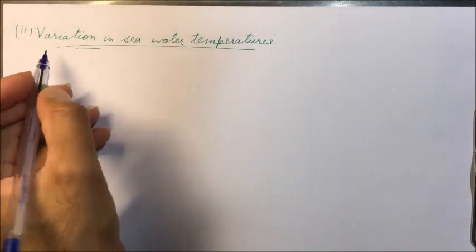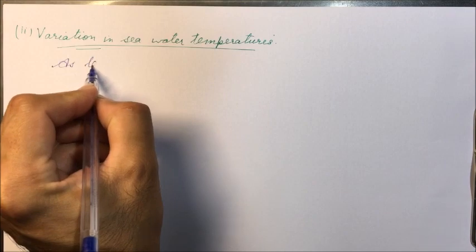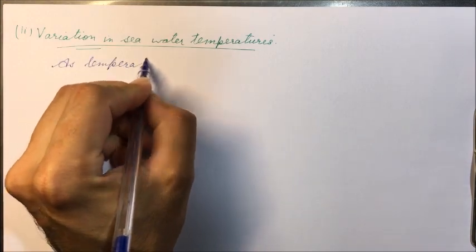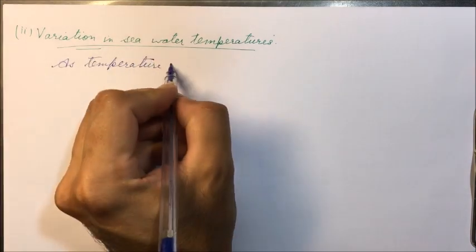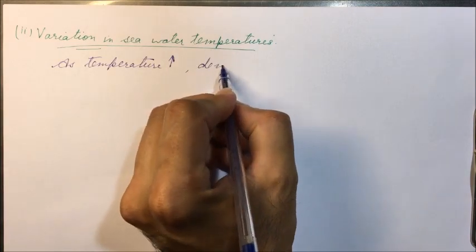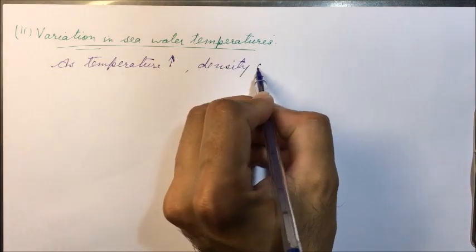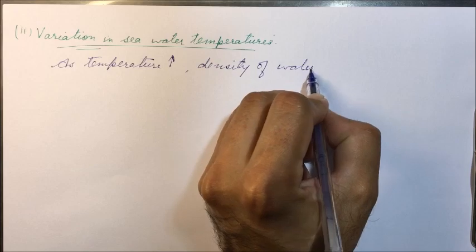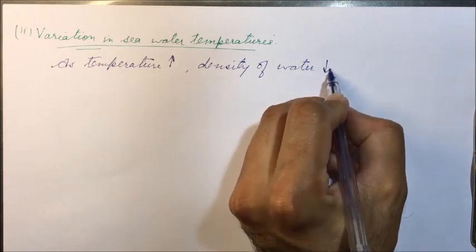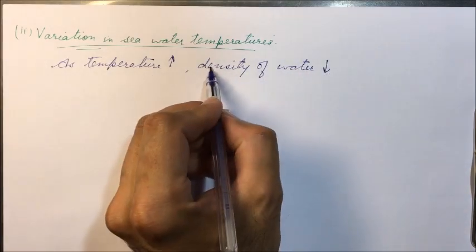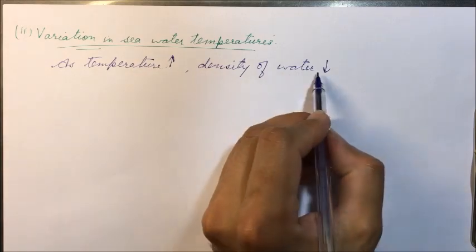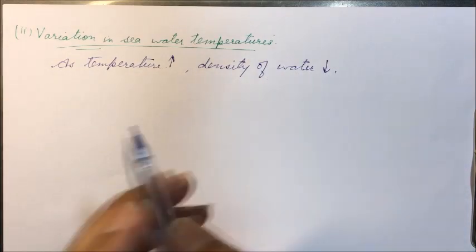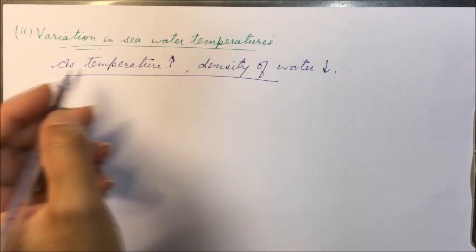As we already discussed, as temperature increases, density of water decreases. It becomes less dense. So as temperature increases, density of water decreases. Therefore, as a rule, we will follow,